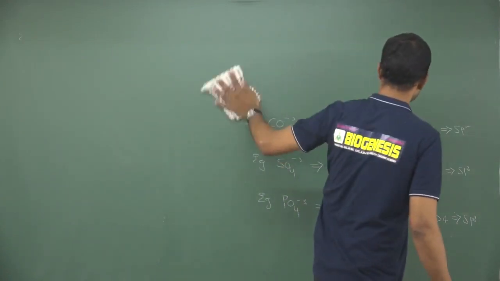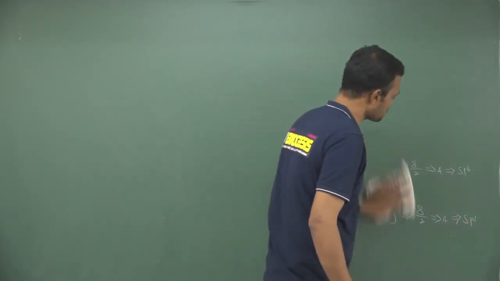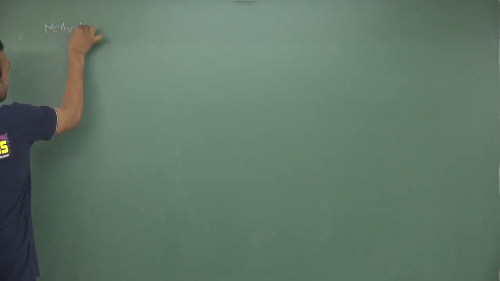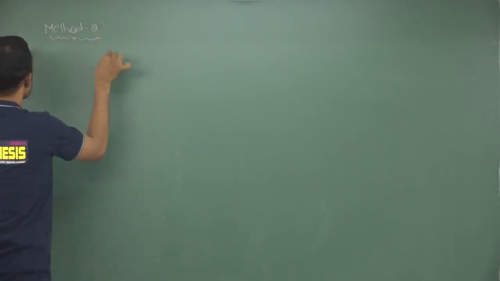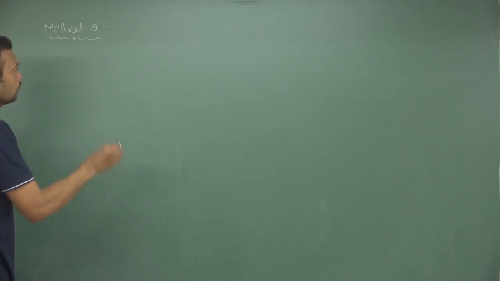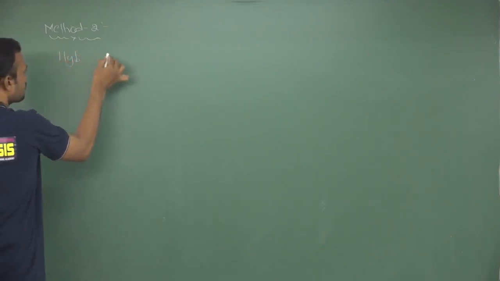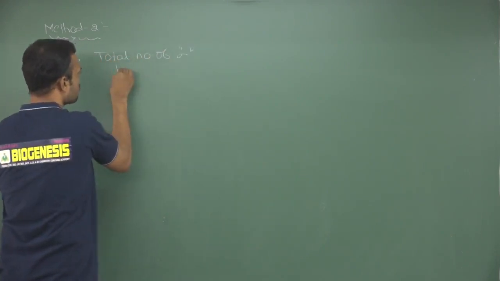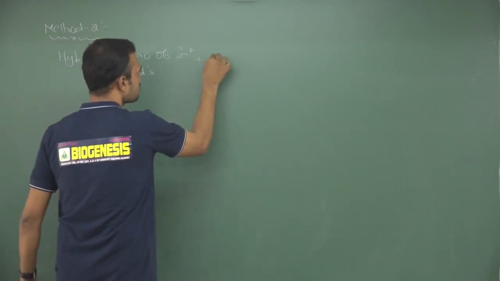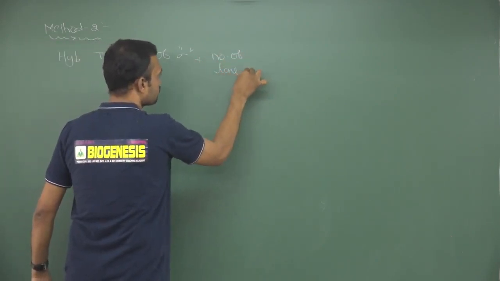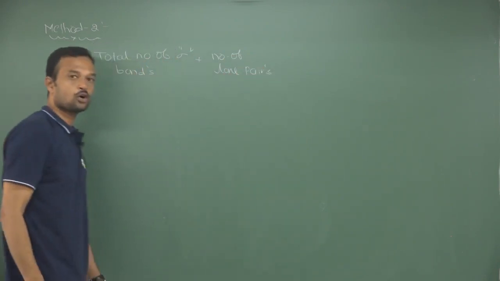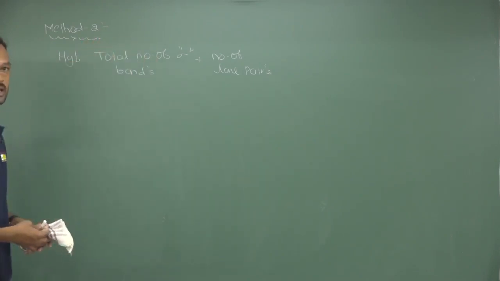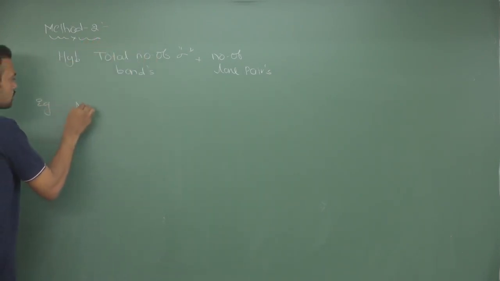So that is the way of calculating hybridization of a given molecule with respect to these formulas. And one more formula is there, that is method 2, which is calculated based on the total number of pairs. Okay. So always remember, hybridization is equal to the total number of sigma bonds plus the number of lone pairs. How many lone pairs are present, how many sigma bonds are present. If you get that number, based on that only we can calculate hybridization of a given molecule. Okay. Suppose, see here, this is ammonia.